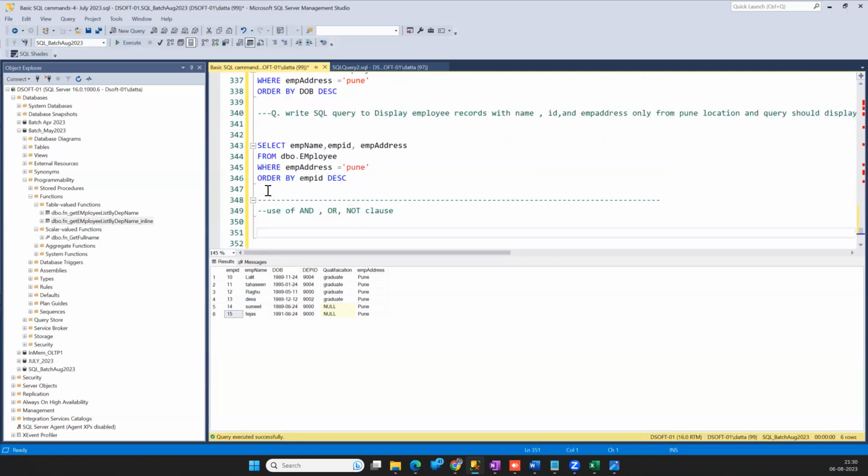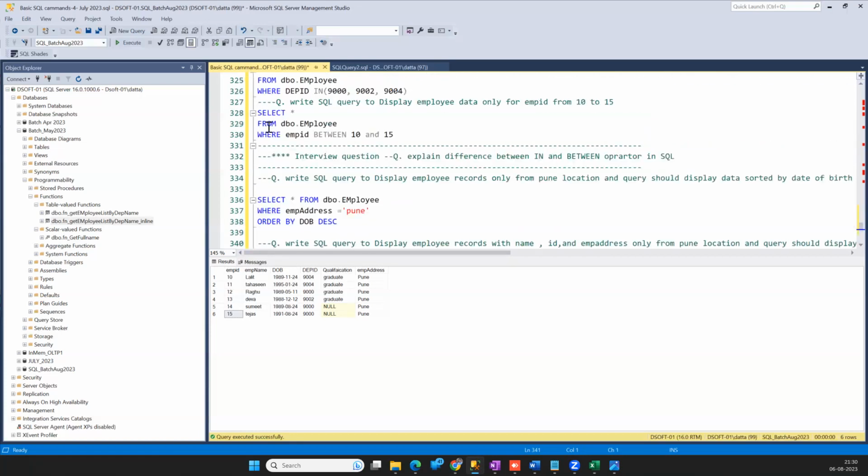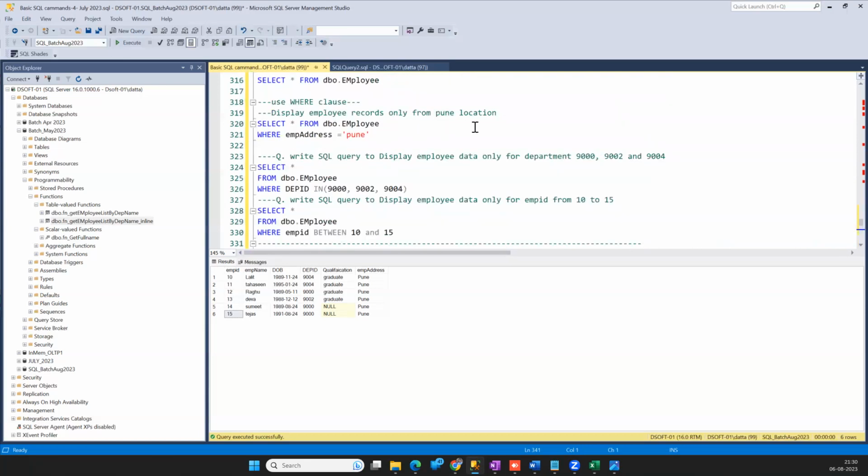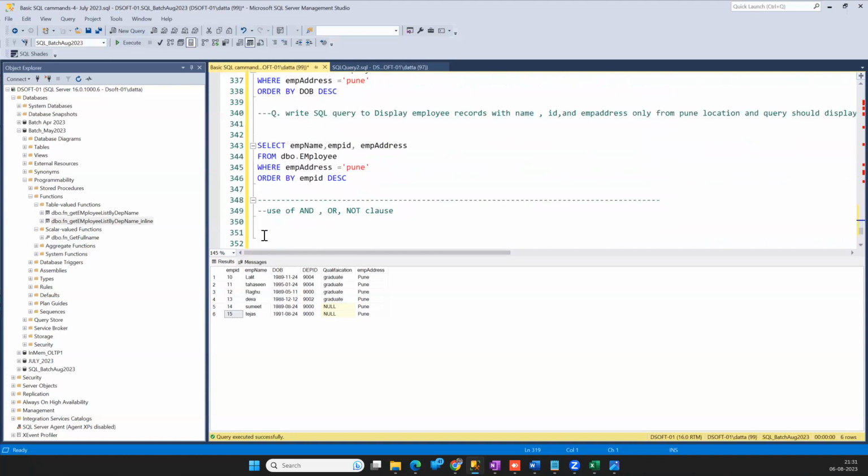So what I will do, I will write a question here. Question: write an SQL query to display